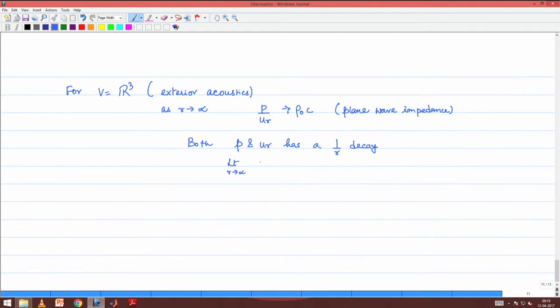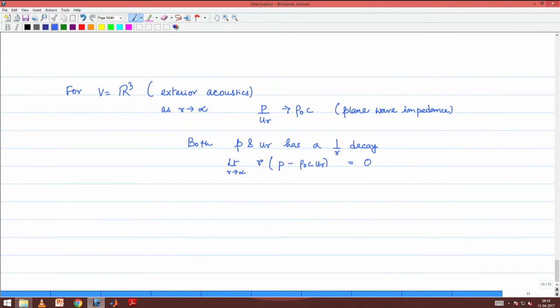As r tends to infinity, P minus rho naught C u r should definitely be 0, but it is something more demanding than this. It will be 0 even if I multiply r. Why is that? Because both P and u r have a 1 by r dependence. So, this equality will be maintained at a rate which is faster than the linear